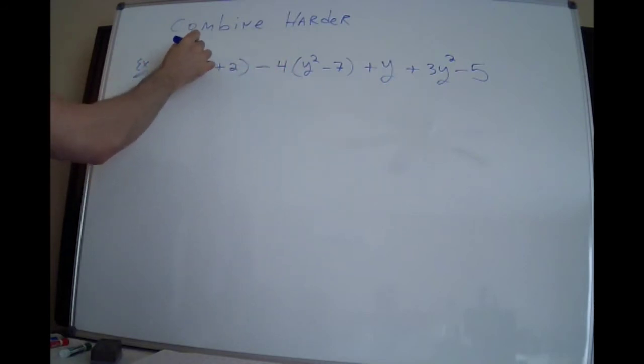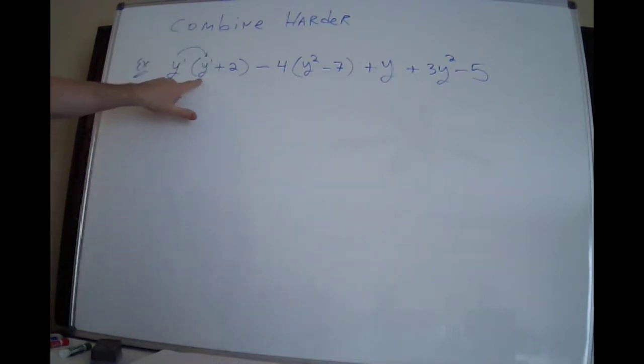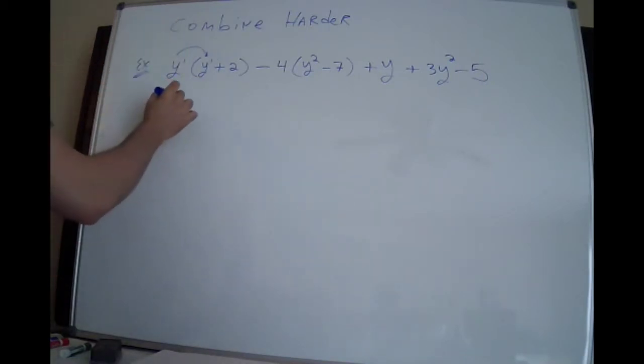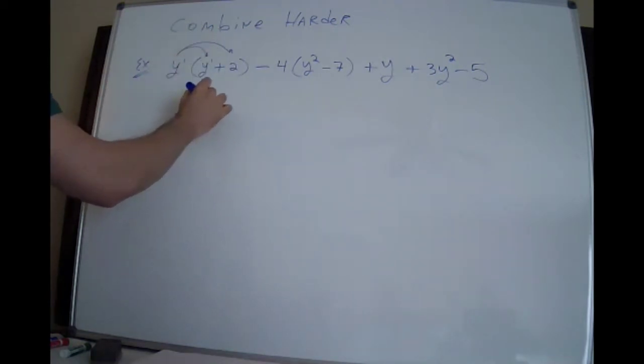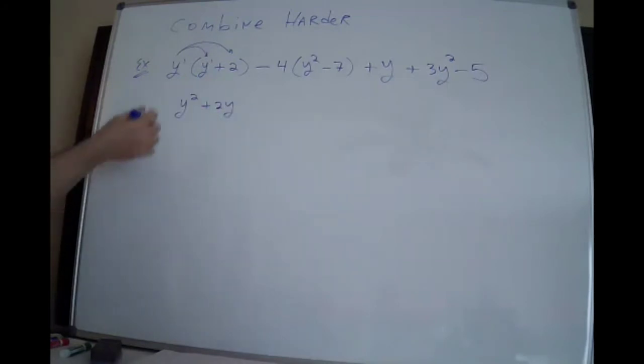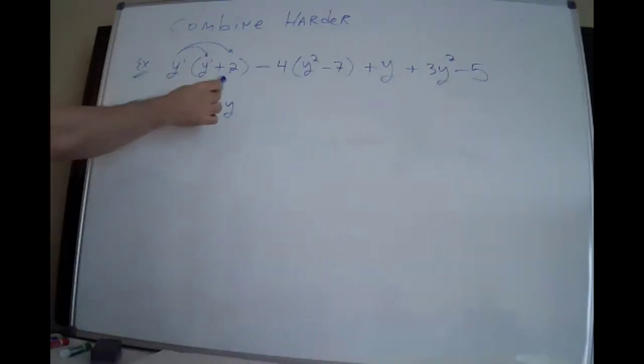So I'm going to do y times y. This is y to the first and y to the first. When you multiply letters with powers, but there's no powers, there are invisible ones there. Y to the 1 times y to the 1. Y times y is y squared. And then I do y times 2. Boom. Remember, you got to hop the fence and say hello to everybody in the party, even if you don't